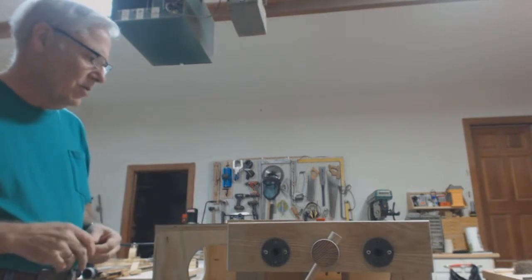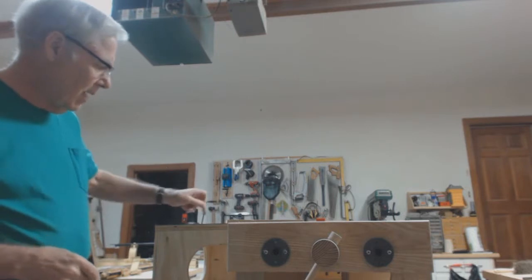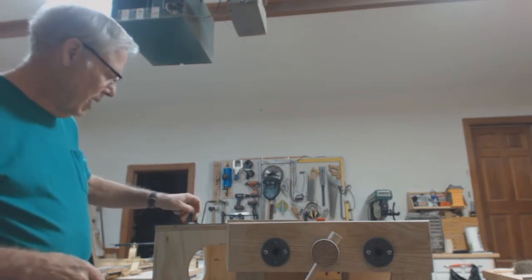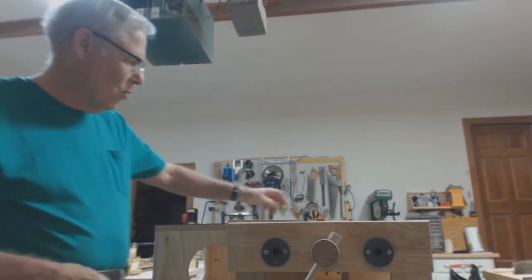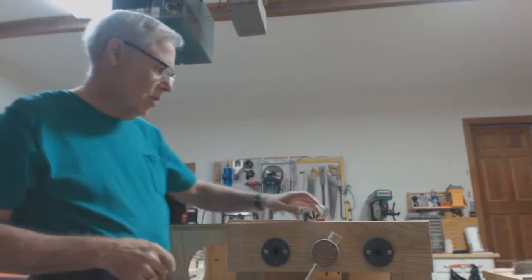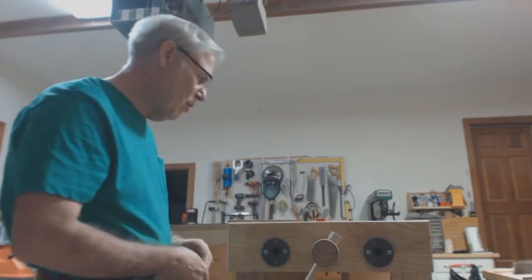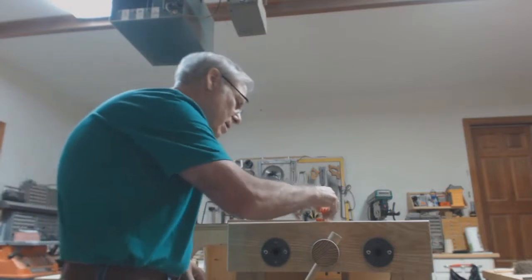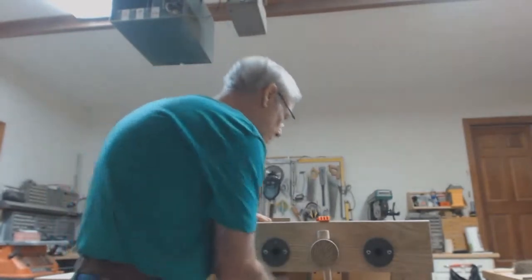One other thing I did that I don't think John did on his: I have in this Ron Polk style workbench a series of bench dog holes in 4 rows. What I did was I lined up 3 of the rows with my vise, and then I put bench dog holes so that all I have to do if I have a large piece is put a bench dog in the outer vise,